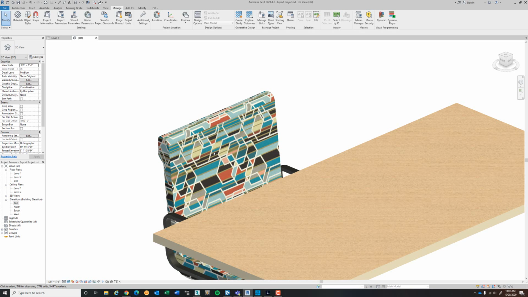Is it horizontal? Is it vertical? What is the direction of how that material is going to be applied to that particular chair back? And same thing with the wood grain surface. What is the wood grain? How does it lay? Is the grain going vertically? In this case, it looks diagonal. What is that application? And when you use the DWG export option, none of that information is going to be